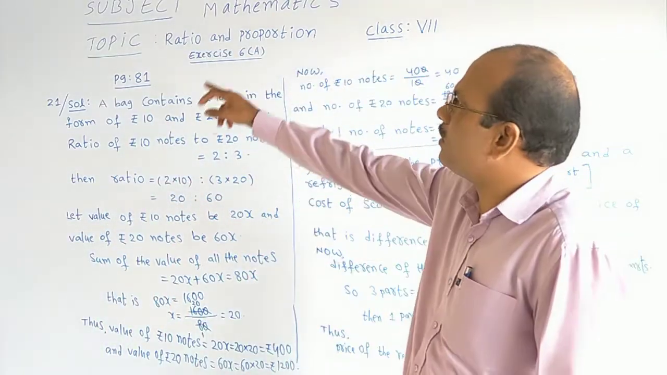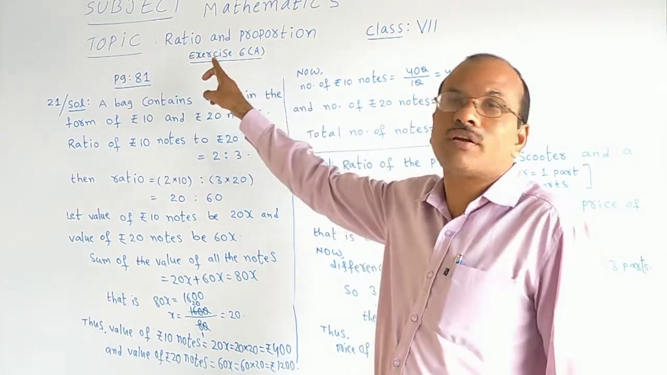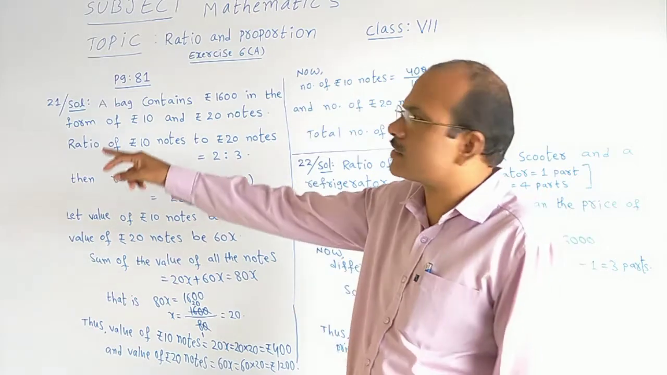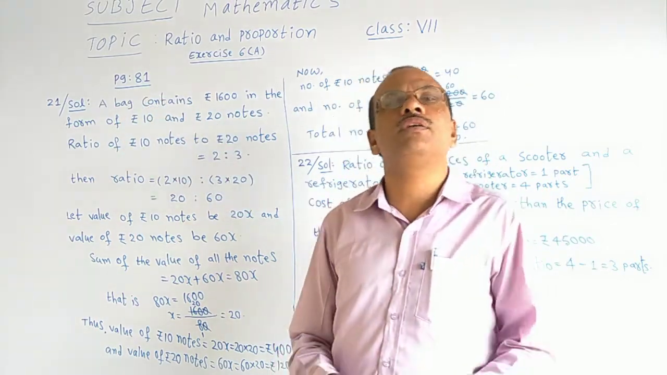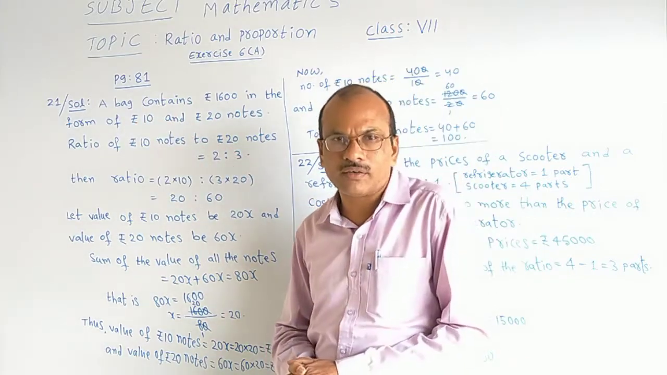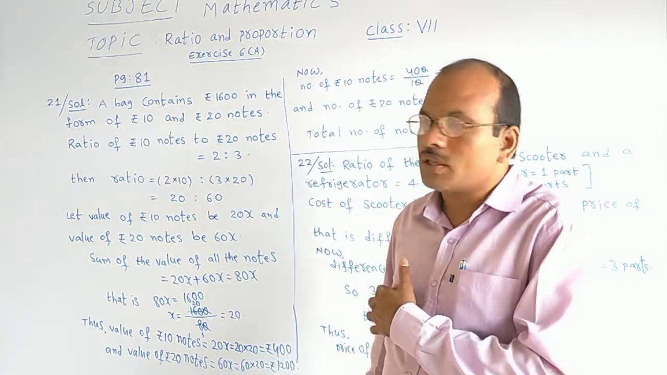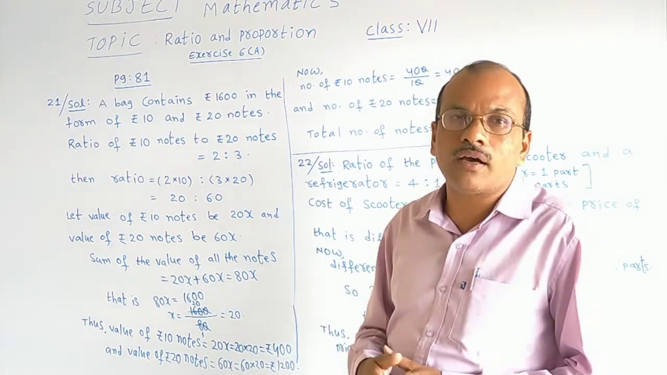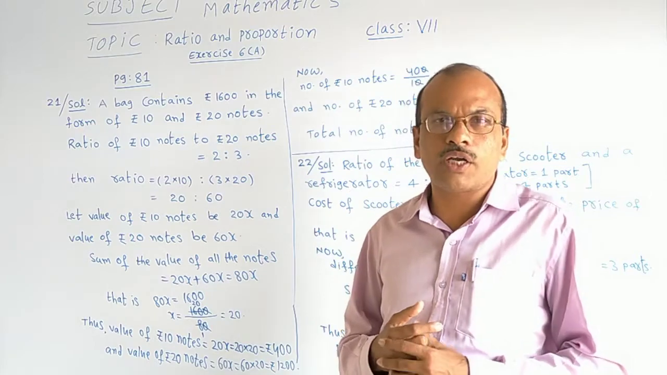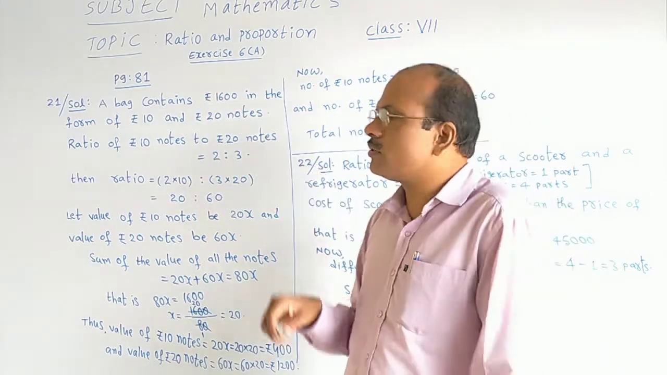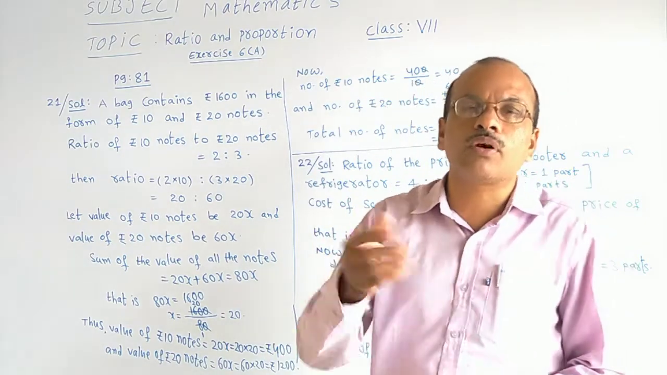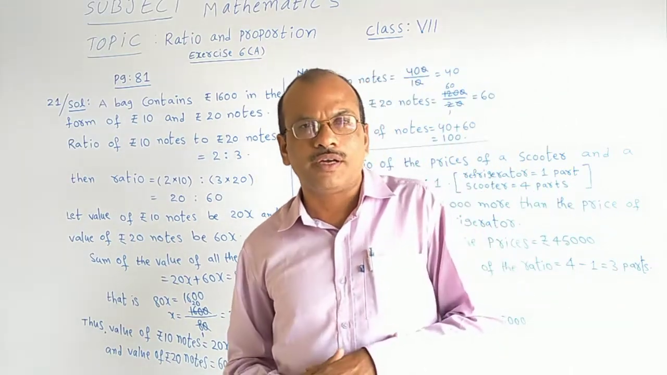We were in the chapter Ratio and Proportion, exercise 6a. All of you take out your maths textbook, page number 81 you have to open. In that sum number 21, let us see what is given and the method of doing it with the steps given. Okay, now here is a bag with money, that means currency notes, 10 rupee notes and